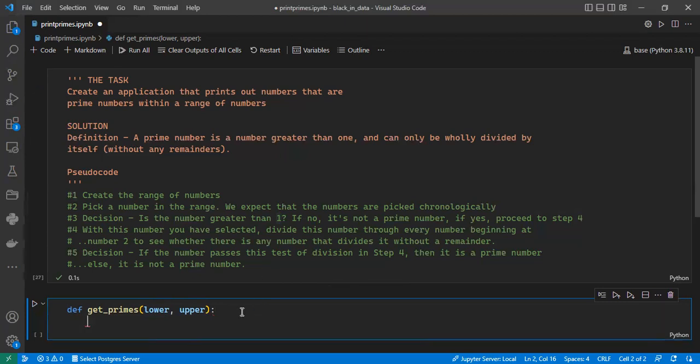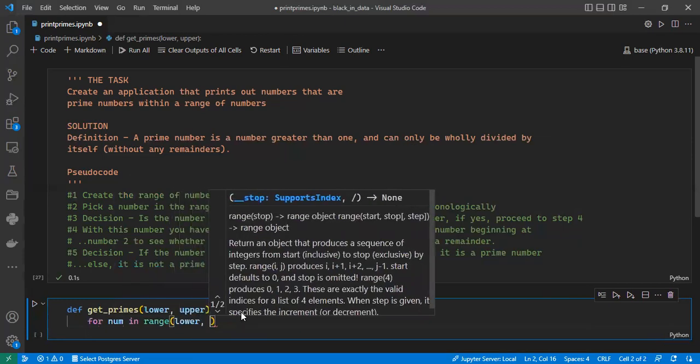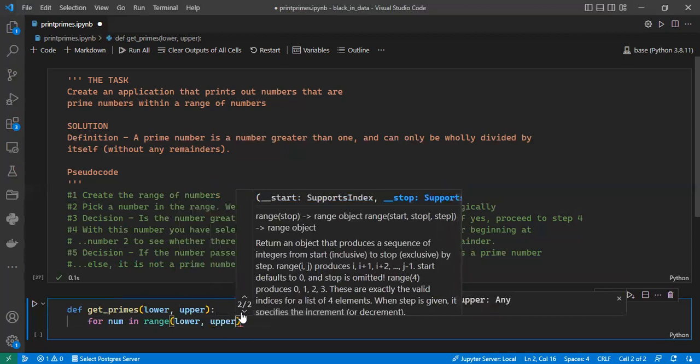So whenever you have to run steps like that, iteration, obviously I know where your mind is going: a for loop, and you're correct. So let's put a for loop here, for each number. I like to use num here, but as you know, it's a throwaway variable; you can use i, j, anything you like. But I'll just use num here so that it makes everything clear. So for num in range, lower and upper,